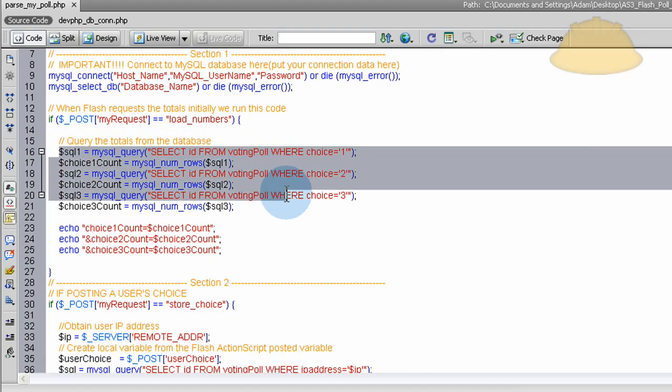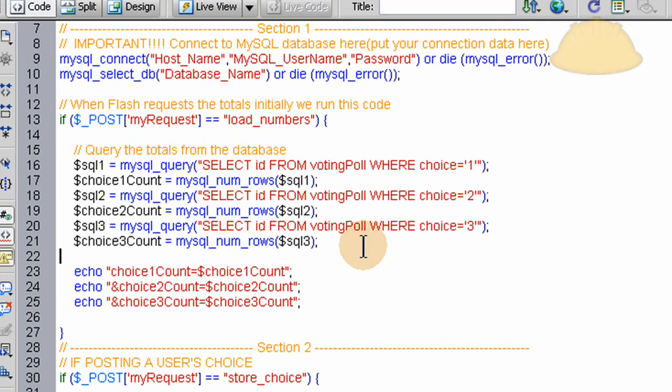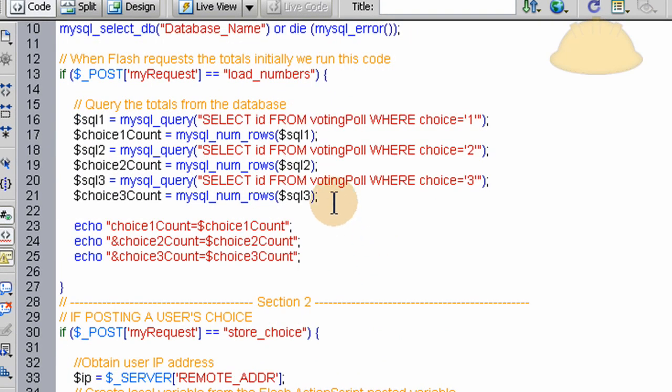We got to gather them from the database, and I know some of you PHP uber geeks are going to say, Adam, there's a more efficient way to do that through an array and multiple insert, multiple select, blah blah blah. I don't care. I'm trying to set it up and structure it so a beginner can really understand how it's going on. And it's mad fast, man. You're not going to improve this much more. Anyhow, what we do is we query